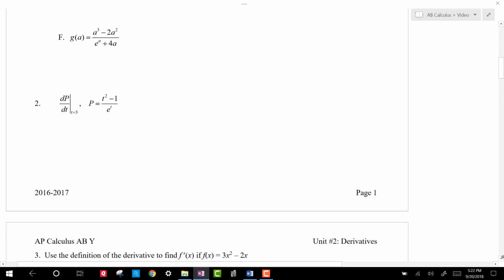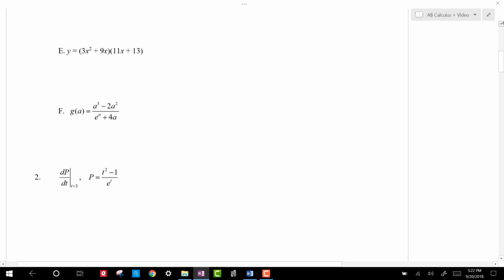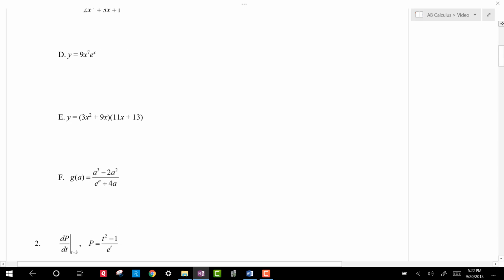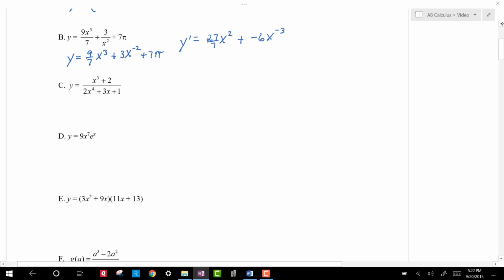All right, next, whoops, way too far here. Next one. Looks like we're going to do some quotient rule here on this one. So the quotient rule is similar to the product rule. Y prime is going to equal the derivative of the numerator, so that's going to be 3x squared times the denominator, 2x to the fourth plus 3x plus 1,